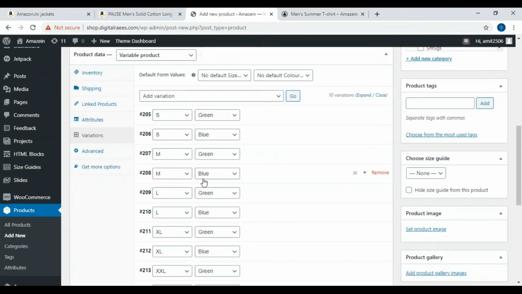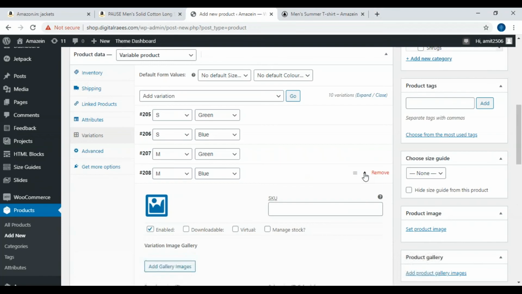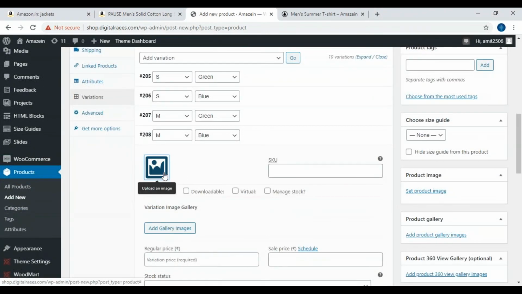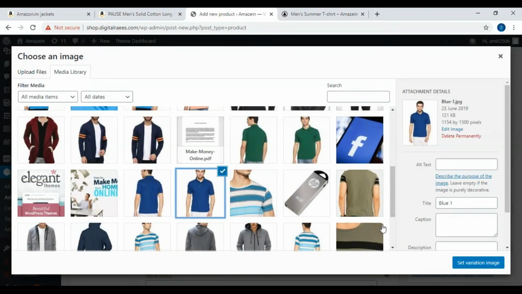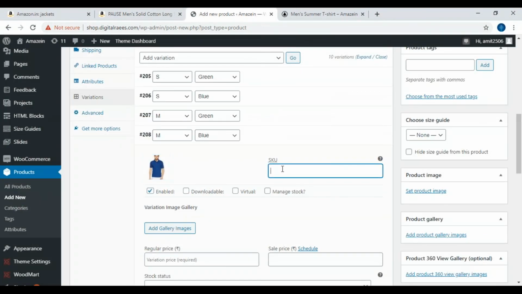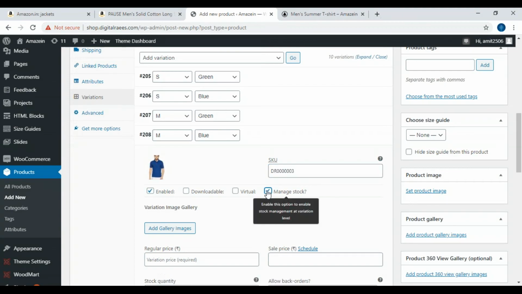So medium blue. So I click on this. First is I have to upload an image. Then I have to give the SKU, manage stock.